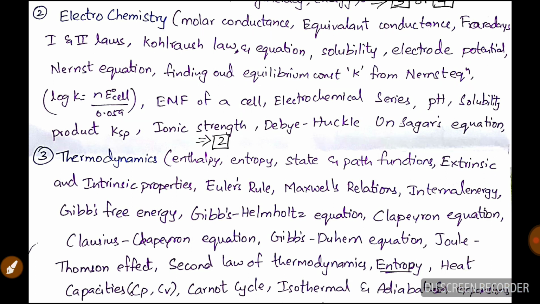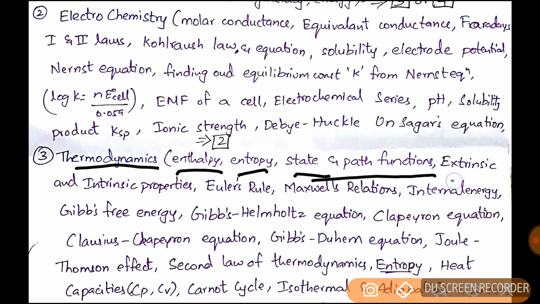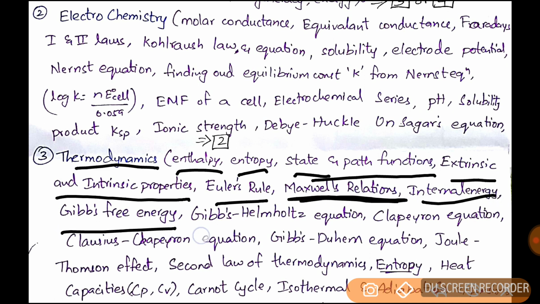And coming to thermodynamics. In thermodynamics, enthalpy and entropy equations are important, and examples of state and path functions are important. Examples of extensive and intensive properties are important. Euler's rule, Maxwell's relations, definite question. Internal energy, Gibbs free energy. They'll be asking just the formula directly, guys, that is just the equation directly. Gibbs-Helmholtz equation, Clapeyron equation,